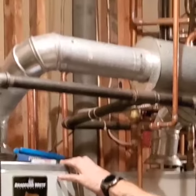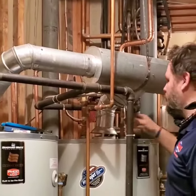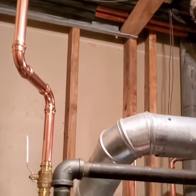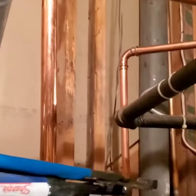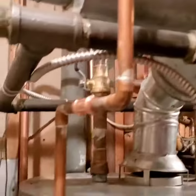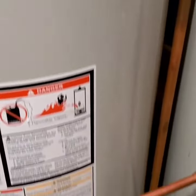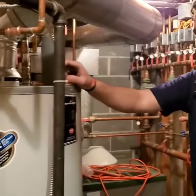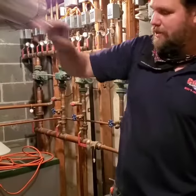So cold water comes into one, heats about 10 to 15 degrees hotter, comes out, stores in another storage tank, and then shoots up into the house to disperse hot water. Also, we redid their circulator line, so this is going to recirculate hot water through the whole house. We had to give an extra large expansion tank for this house, and dropping behind this whole unit,